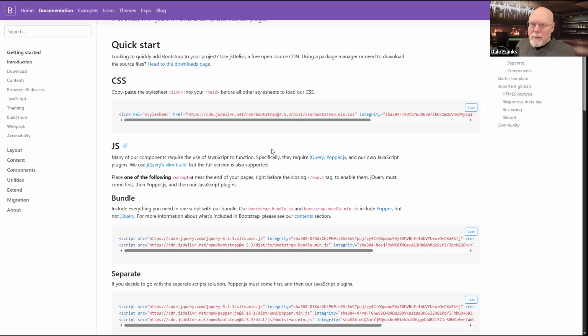I wouldn't go too deep into the documentation, because the documentation assumes that you're going to be working inside a standard HTML page, which you kind of are in Process Director, but there are some specific constraints that are unique to Process Director. One of the important things to remember, though, about Bootstrap is that it is built on